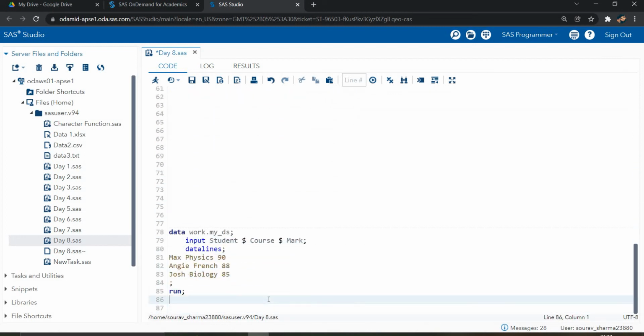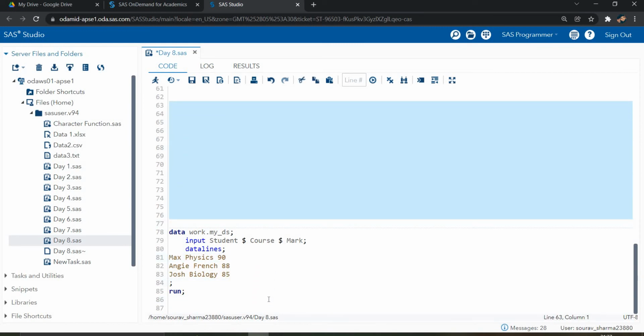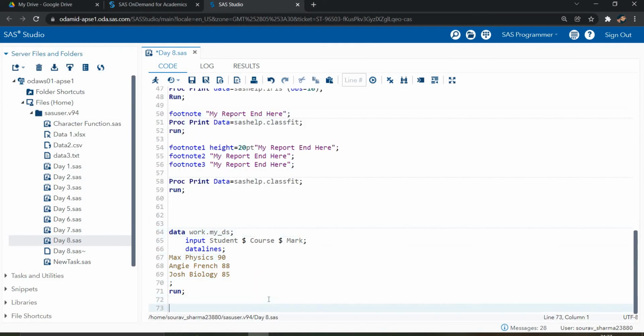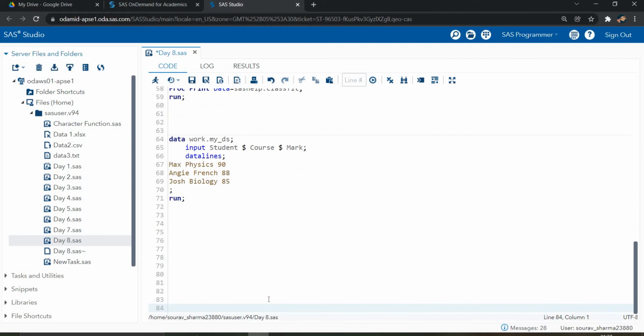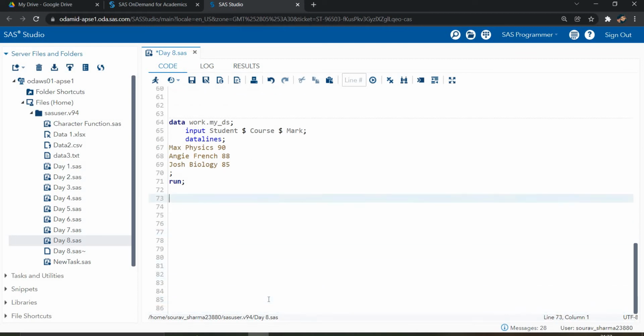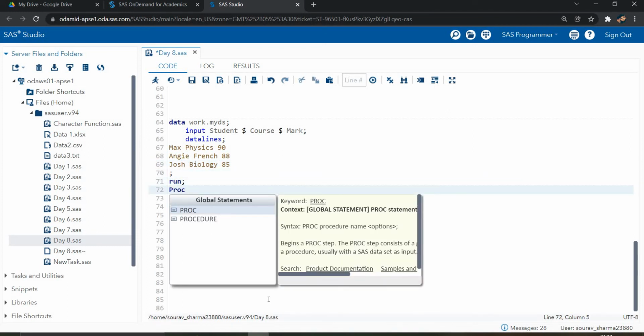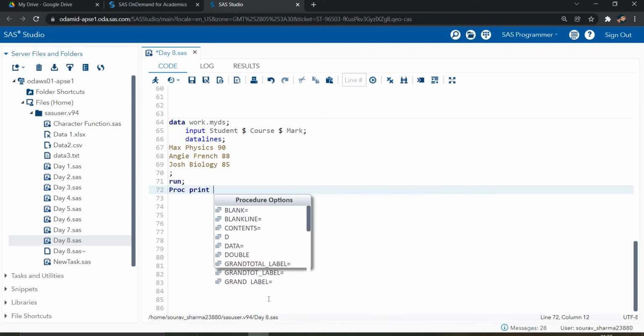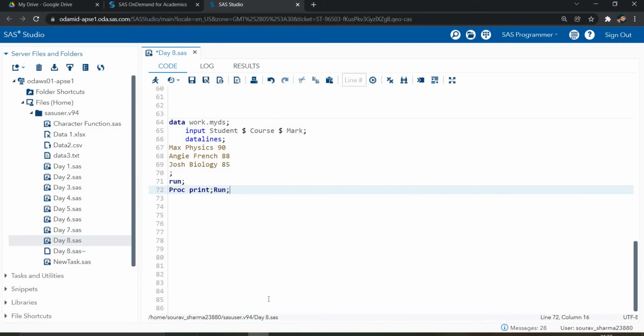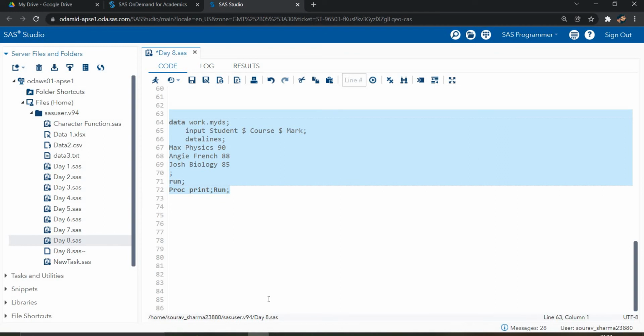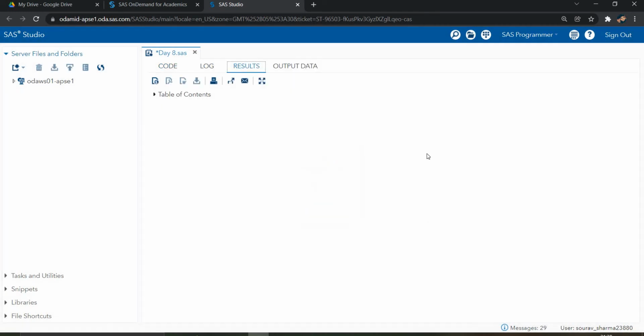So I have one dataset here. Let's suppose I created data work.myds, my database, with students, and I'm writing proc print for it.